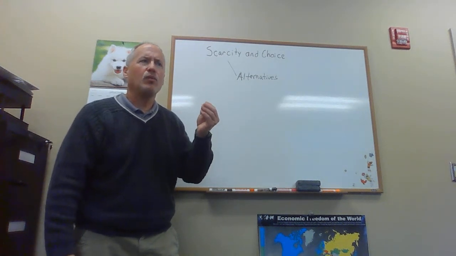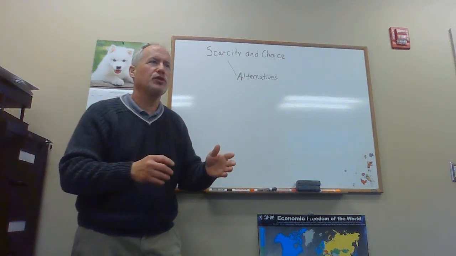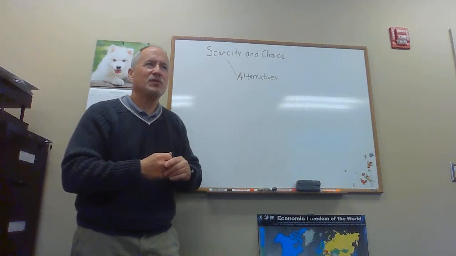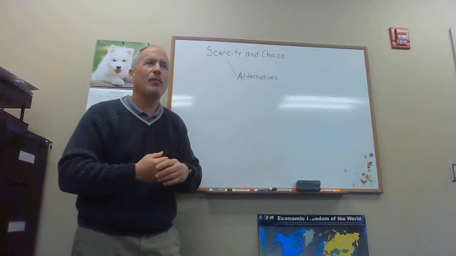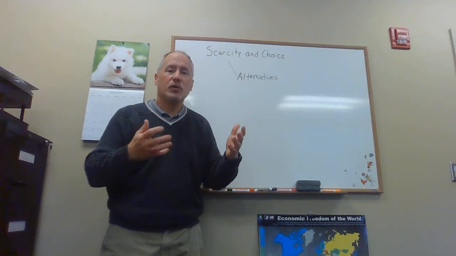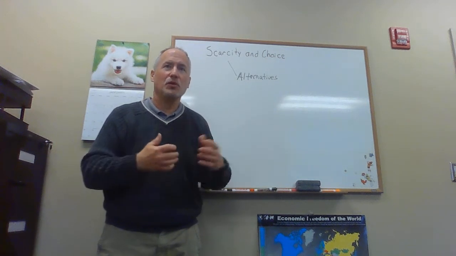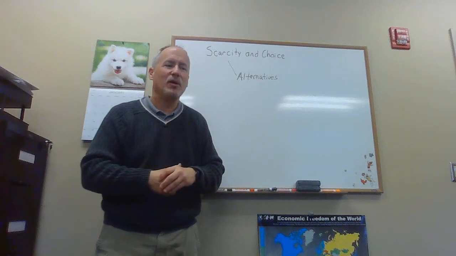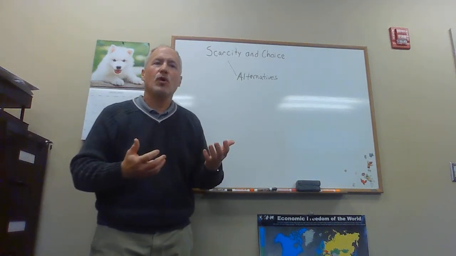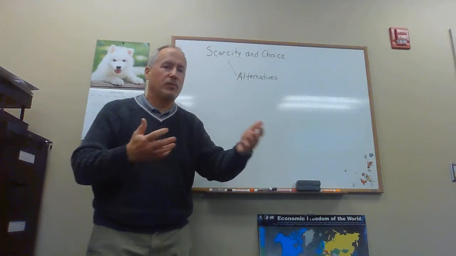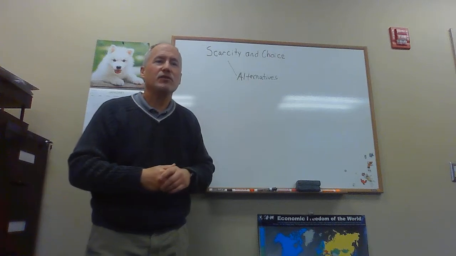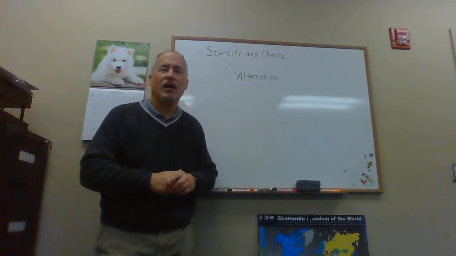If you could think of a world of scarcity where there were no alternatives, there wouldn't be any meaningful choice. This would be a world where maybe there's just one economic good out there, and it's called stuff, and you go to the store and you buy stuff, and stuff is scarce. We live in a world of scarcity, so you go with some money, you can only buy a finite amount of stuff. You might not be able to buy as much stuff as you might possibly want. But if there's only one good to buy, you use all of your money that's available to buy as much stuff as you can, and that's what you have. By contrast, Walmart has thousands of different products, lots of different things you can buy online.